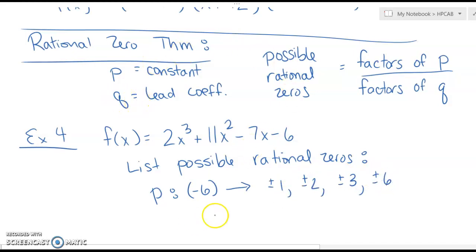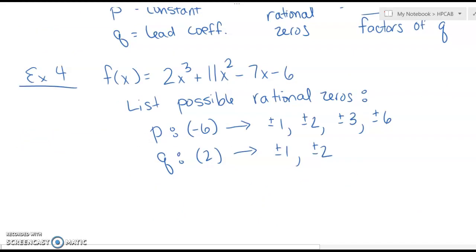Q is the lead coefficient, in this case 2. All right, so all the factors of 2 are plus or minus 1 and plus or minus 2. So all the possible zeros are going to be the factors of P all over the factors of Q. So you've got plus or minus 1 over 1, or just 1, plus or minus 2 over 1, plus or minus 3 over 1, plus or minus 6 over 1, all right, and then plus or minus 1/2,